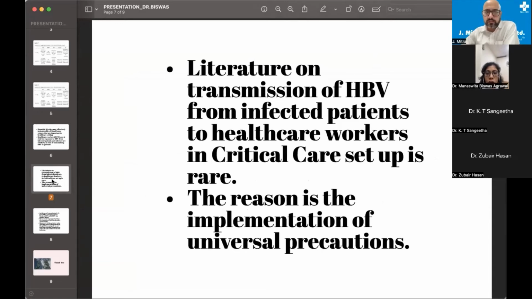So the literature on transmission of HBV from infected patient to healthcare workers in critical care setup is really, really rare. I can hardly